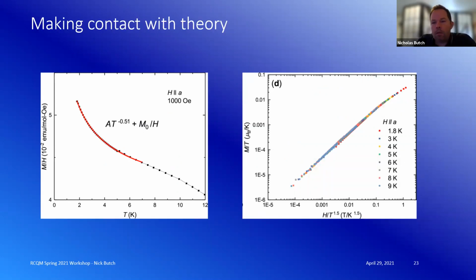If I zoom in to the low temperature behavior for the magnetization along the a-axis, I mentioned that there's this change in slope around 10, but you can do another power law fit. And this is just to emphasize, again, you can call it Curie-Weiss or modified Curie-Weiss or whatever, but now it's something that's got a large susceptibility offset, okay?